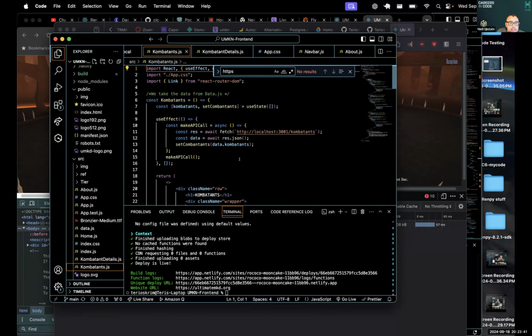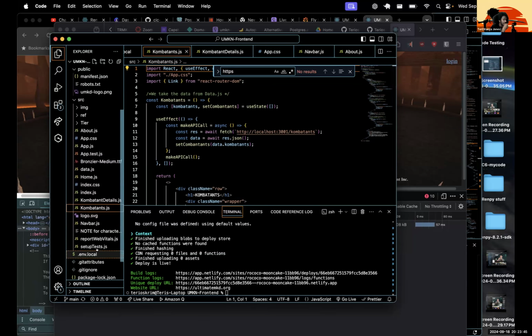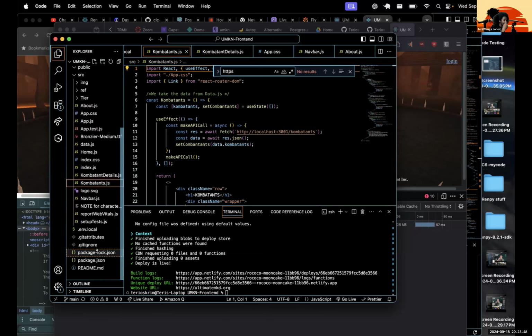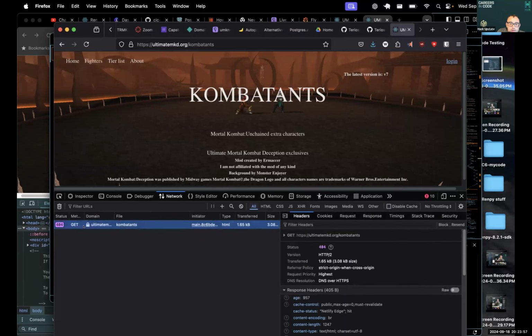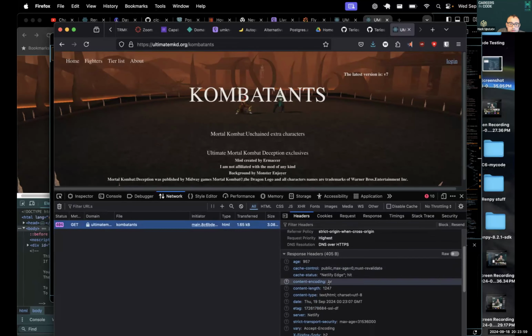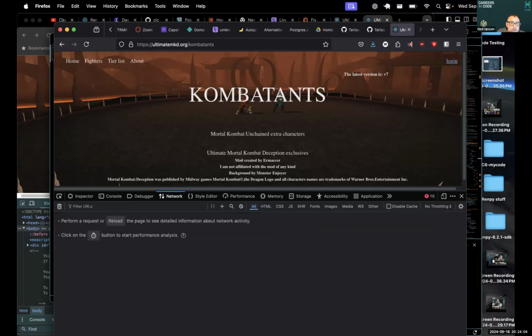Are you sure this is the deployed one, or is there another page? This one is the website one. Oh, I think I forgot to switch the fetch, because it's looking for localhost, maybe, or Netlify. Well, no, I was expecting to see something else in the... hold on, give me one second.